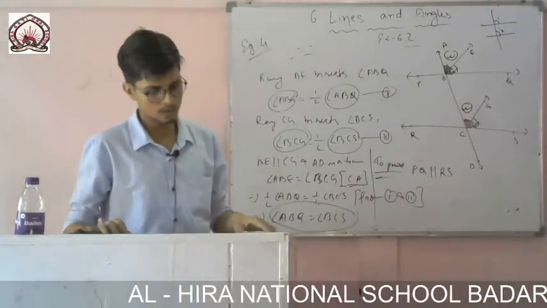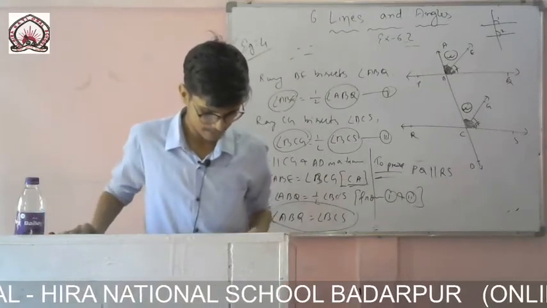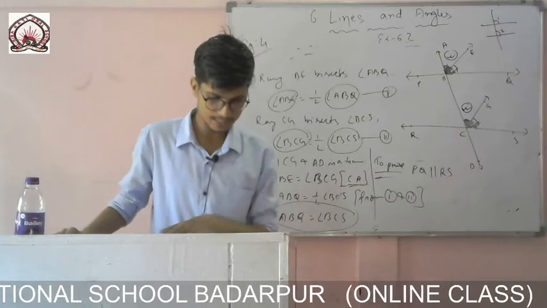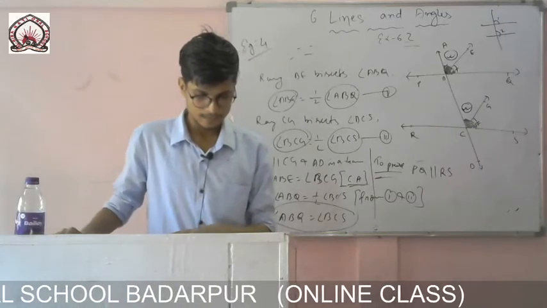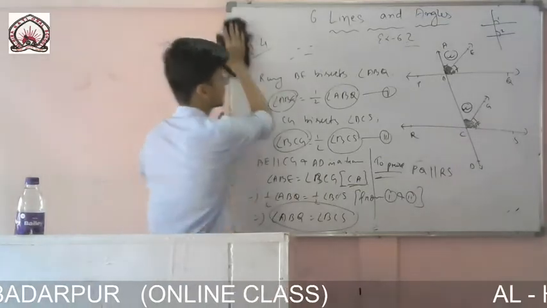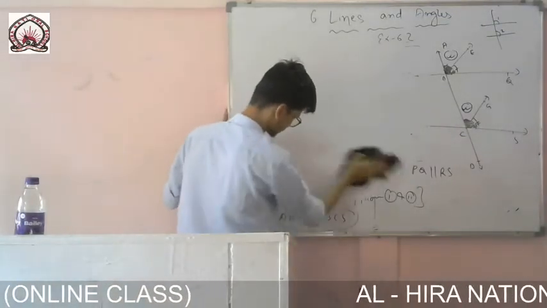Okay, so now let us move to the last example. Example number 6. It is given in a figure, AB is parallel to CD, CD is parallel to EF, and EA is perpendicular to this line given. So let me draw it, then I can make you understand very easily.